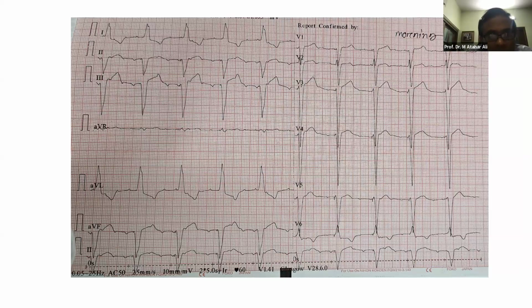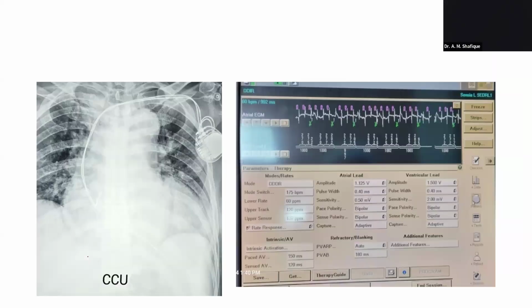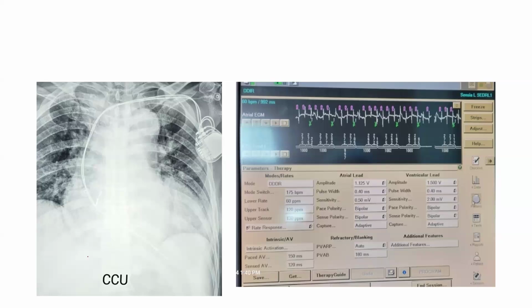Whether the patient is on PPM? Yes, right, sir, the patient is on a pacemaker. There are pacemaker spikes. This pacemaker is a double chamber. The patient is in atrial tachycardia and mode switching to ventricular mode. That is why there is ventricular pacing at V1 at its own rate, and the atria is not pacing, not even sensing, because of mode switching.